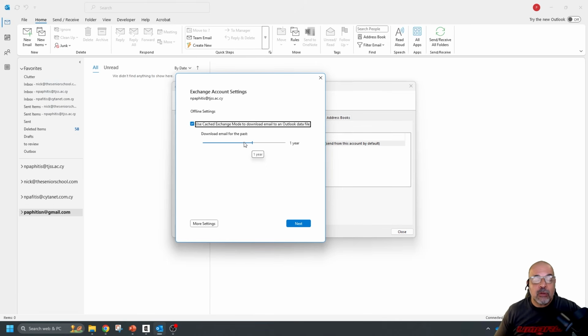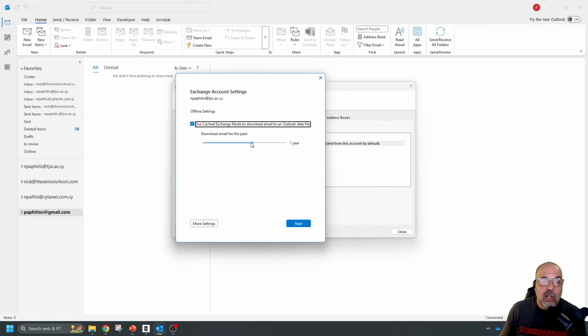If I want to see an email which was sent, let's say, a year and a half ago, 2 years ago, then I can actually view it from Outlook, but it's going to download it from the server. Now, these emails which are on the server and not on your local drive because they're beyond this period, will not be included in the OST file, so you will not be able to access them in your PST file. If you want to create a complete backup for the entire time that email account had emails coming in and out,